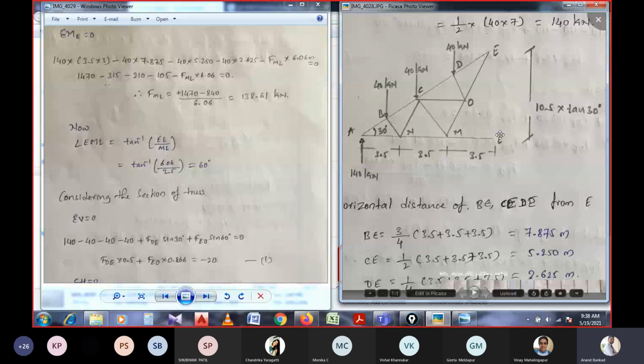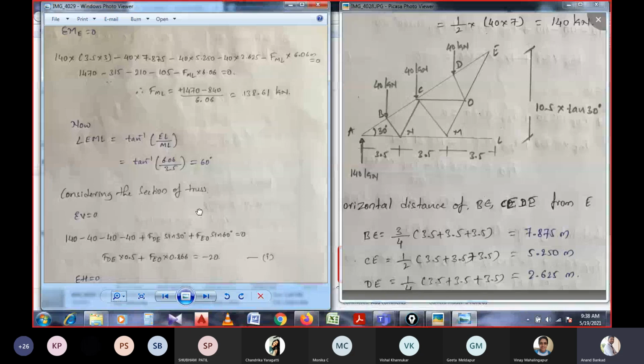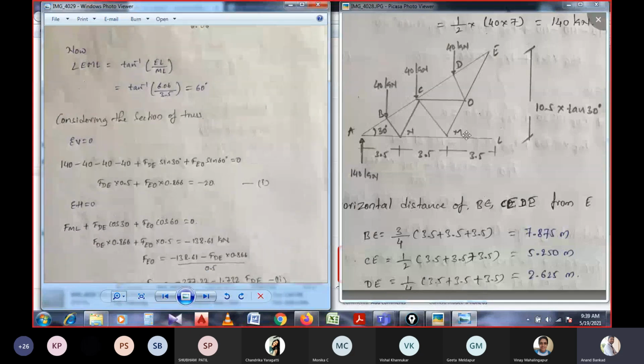So here the opposite side is known and the adjacent side is also known, and theta can be taken by inversing the tan function. So tan inverse of EL by ML. EL is the vertical height, that is the opposite side, and ML is the adjacent side. If you refer to these, you will be getting a 60 degree total angle between ME and ML. That can be written as angle EML, that is 60 degree, right? So once we know the angle of this one,